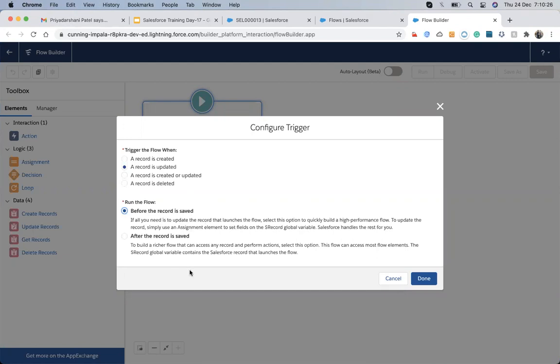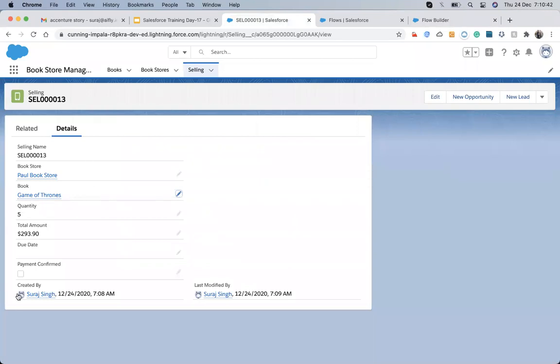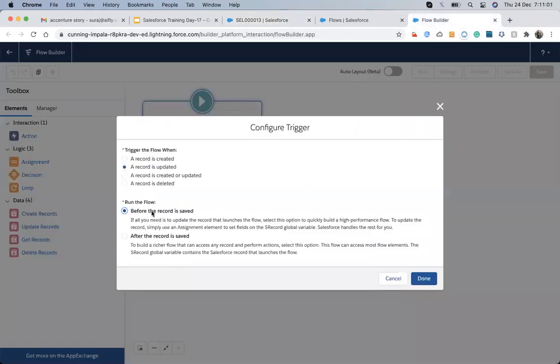The concept is why we use before record is saved and after record is saved. Since I am changing this record, and the update is also made on the self object, meaning the record on which we are making changes is the same record, we will use before the record is saved.